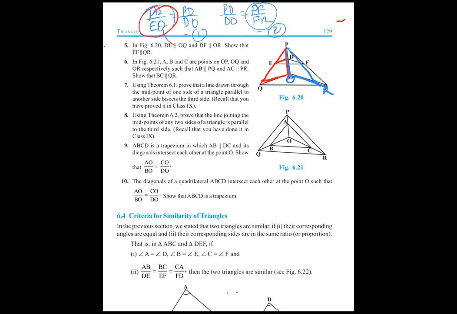That's all. From 1 and 2, we can say these two are equal. And when these two are equal, that means what? By the corollary, in the big triangle PQR, you have to write in triangle PQR, by the corollary or theorem 6.2, EF is parallel to QR. Proved. In the big triangle also you have to mention in the exam.